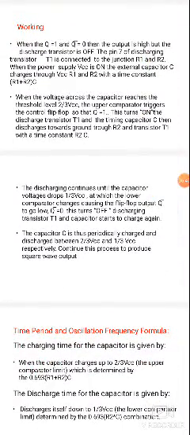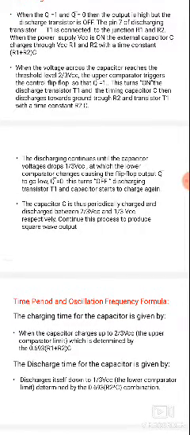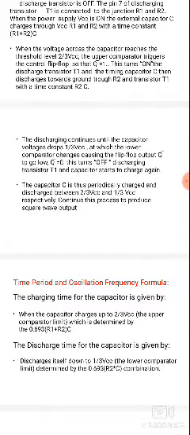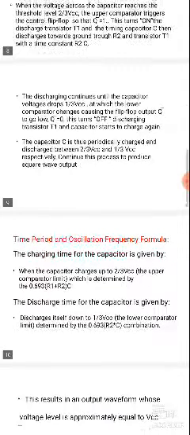The upper comparator is on whenever the voltage is greater than 2 by 3 VCC, and the lower comparator is on when the voltage is lower than 1 by 3 VCC. When the voltage is greater than 2 by 3 VCC, the output changes from high to low state. When the voltage is lower than 1 by 3 VCC, the output changes from low to high.